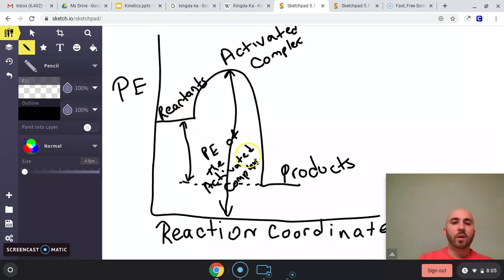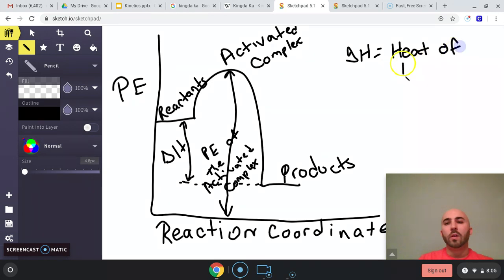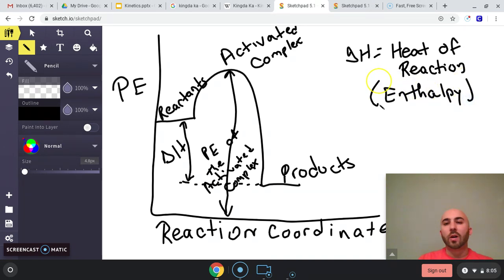If I were to go from here to here, the difference, the products minus the reactants, that's called delta H. And delta H, as I will tell you over here where I have a little more room, delta H is called heat of reaction. It also has another name that you've learned in class, and that other name is enthalpy. You already know that. You know all about enthalpy already, right? We talked about enthalpy being a